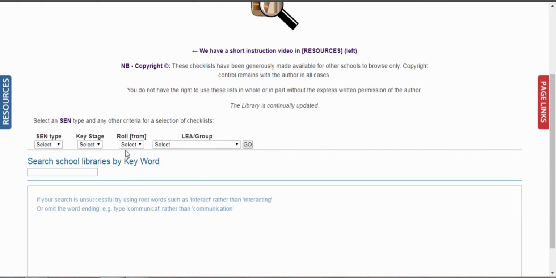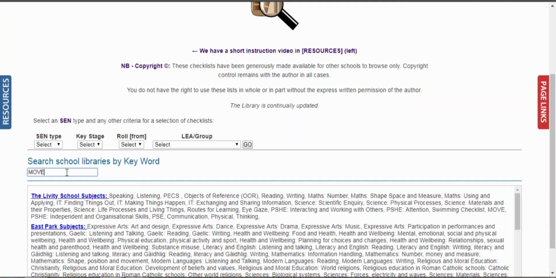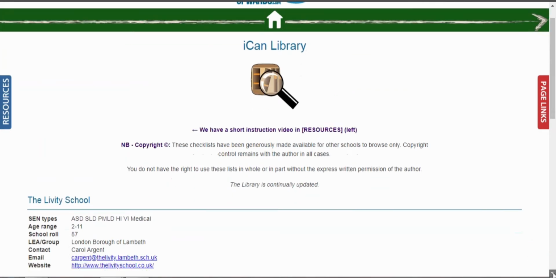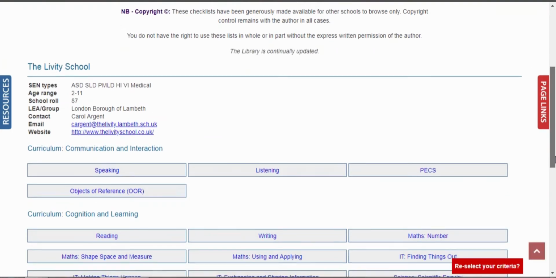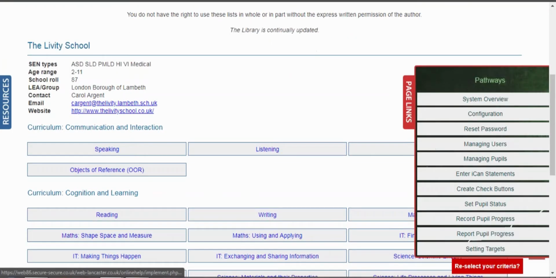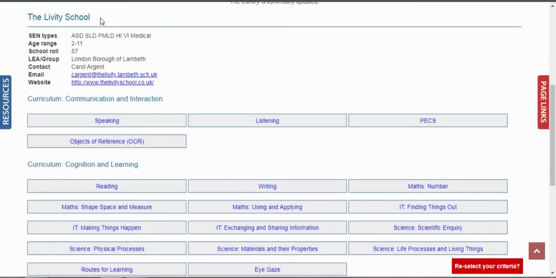You can search for a particular school. Maybe you want to search for a particular school that's like you, or you can search for specific keywords. So if I search for move, for example, you can see that there are a number of schools there that are listed as having move within their system. So this example of a school here gives you some general information about the school, where they are, who is the